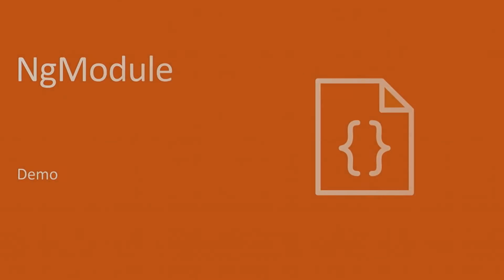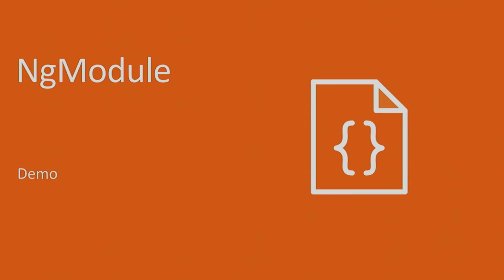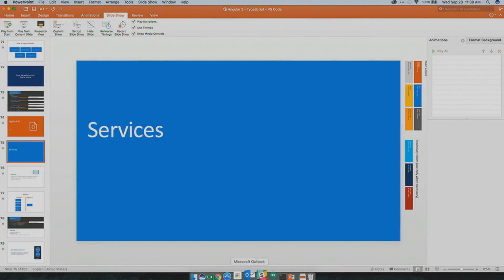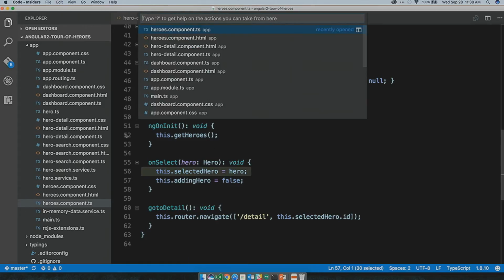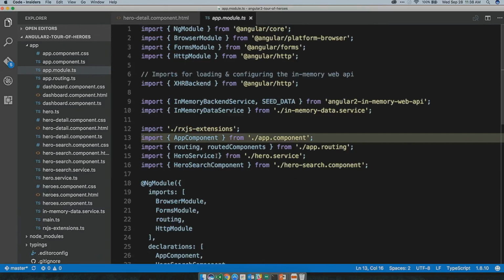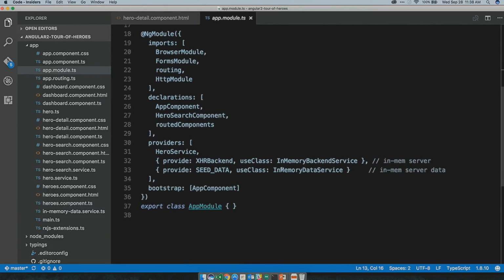So cool. We saw a module before. We'll take a quick look at that again. So in the Tour of Heroes app, if I go to app module, there's the module we just took a look at. And you'll notice I have a couple providers. The first provider is Hero Service. And then I'm doing some magic in the next two lines. I'm actually faking HTTP. So every time I go get data, I'm actually using an in-memory database to do it. But this is where you list your services for your application.